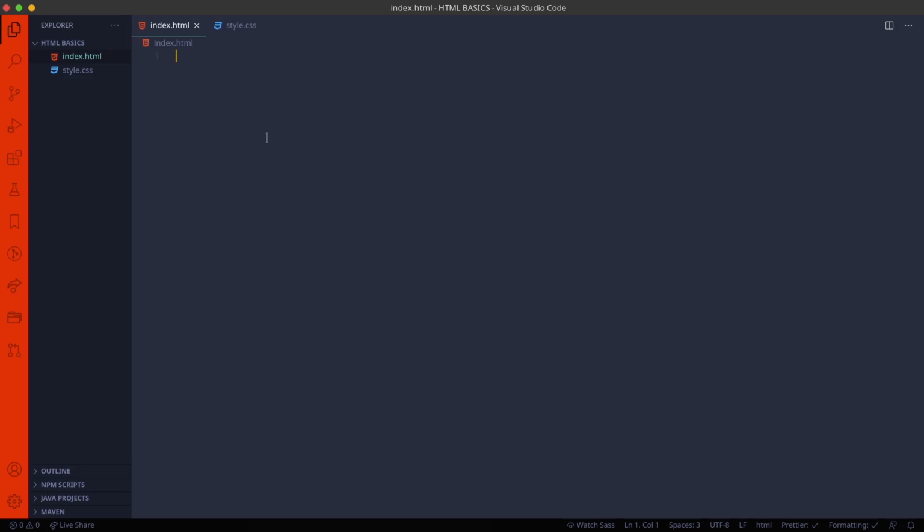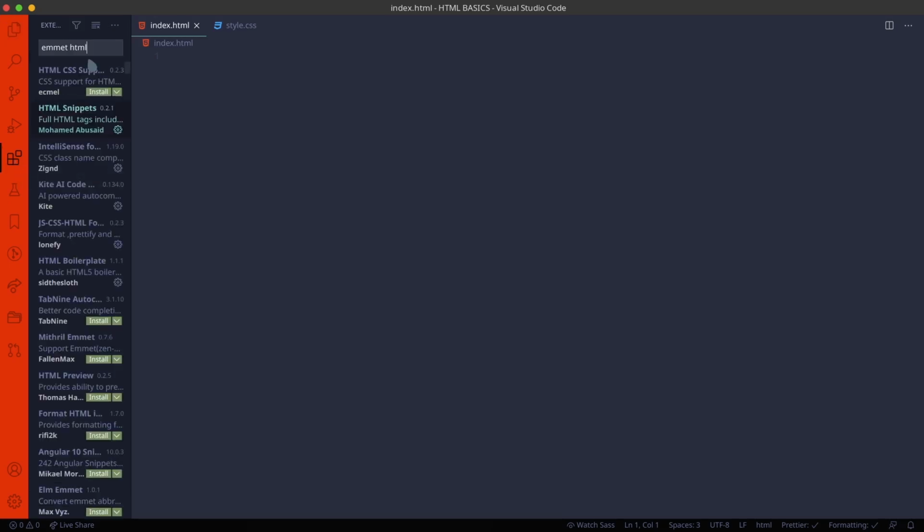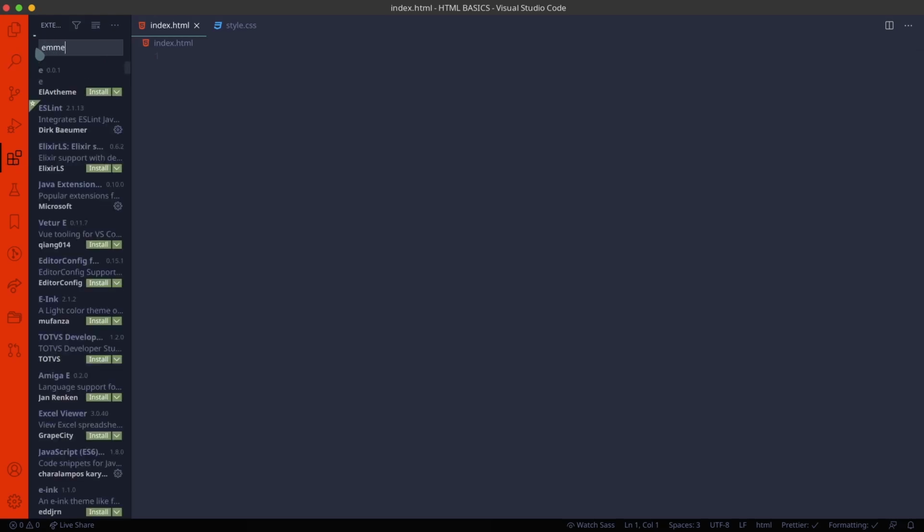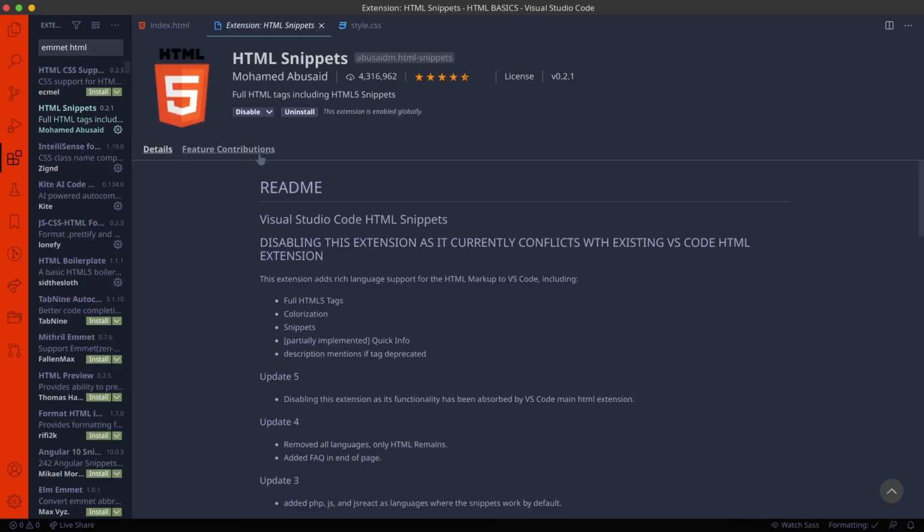In Visual Studio Code, we have an extension called Emmet HTML. Here, this one is HTML snippets.